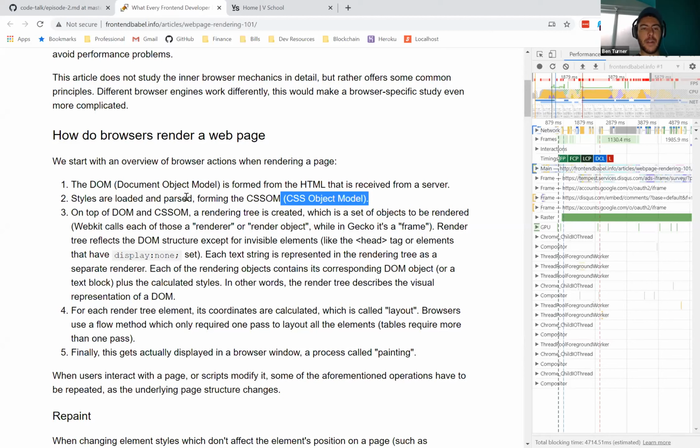You get a combination of the DOM and the CSSOM, and they basically get combined. Once that happens, you now have a tree structure, basically. It's actually pretty easy to visualize, because we can actually look at it.